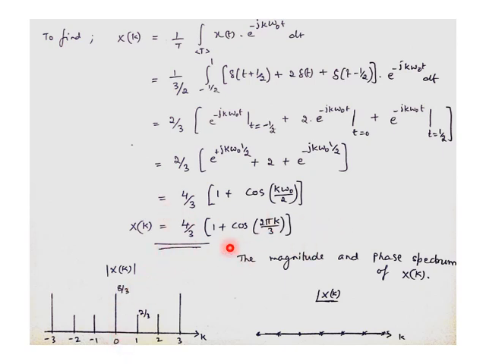If I take the magnitude of this term, by substituting different k values we get different amplitude values. When k equal to 1, we get 2 by 3. At k equal to 2, it is again 2 by 3. At k equal to 3, it is 8 by 3, the same, which repeats in the magnitude spectrum. So the magnitude spectrum looks like this for x of k, but here it is completely real, so there is no imaginary term. Imaginary is 0, so tan inverse of 0 will be 0 throughout. So the phase spectrum will be a null graph for the given x of k.